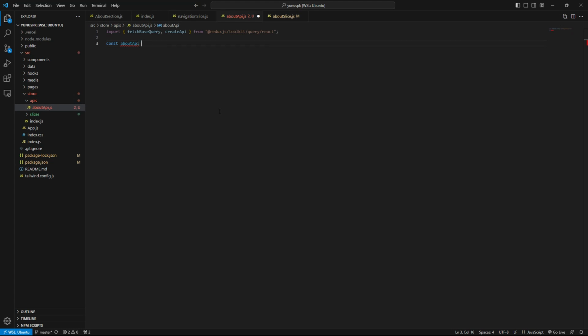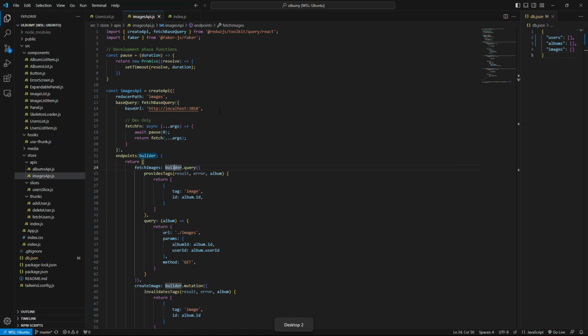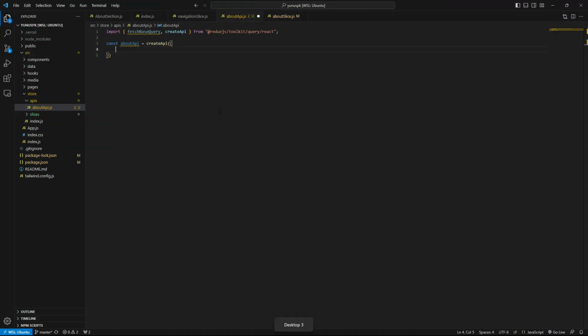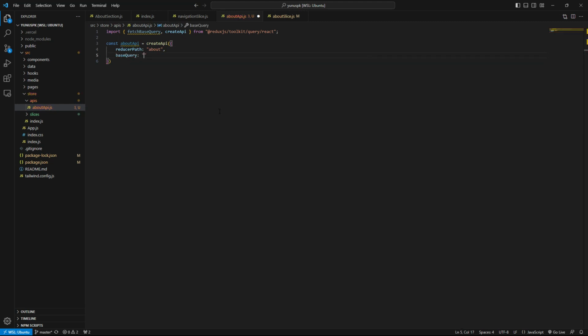about API, and it's gonna be create API. I hope an object goes in here. Yes, an object, and that's gonna have first of all reducer path and then base query. So it's gonna have a reducer path, which is gonna be a string, and that's gonna be okay for this about. And then we're gonna have base query, which is gonna be